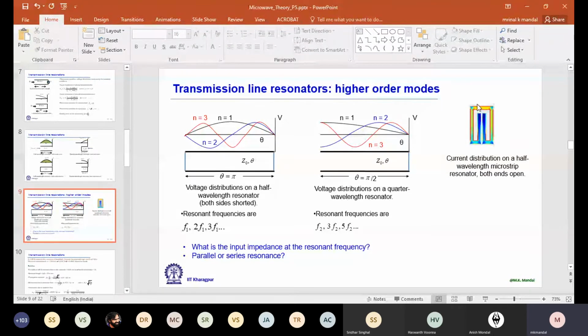You can do it in HFSS. So in the middle part we have current maxima, and at the ends it's blue. That means it's minimum actually. We have a sinusoidal variation of JS on the strip.